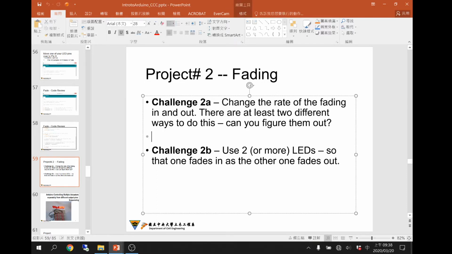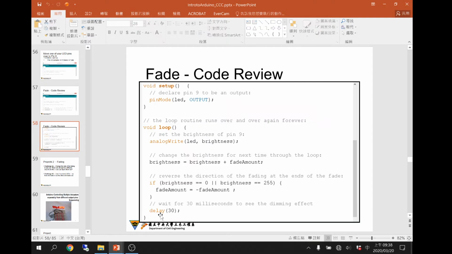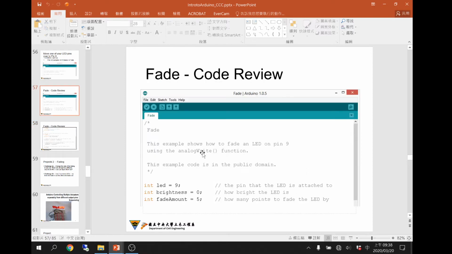One way is change the delay time, right? In a code, you can change the delay here. Okay, so we can change the rate, and otherwise we can change the number of the brightness here, or fade